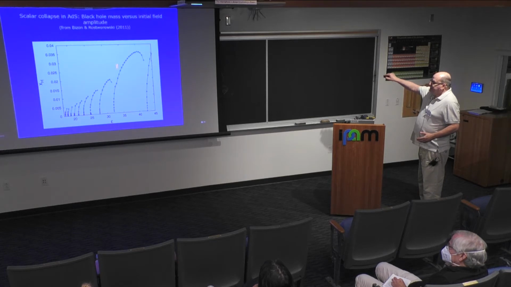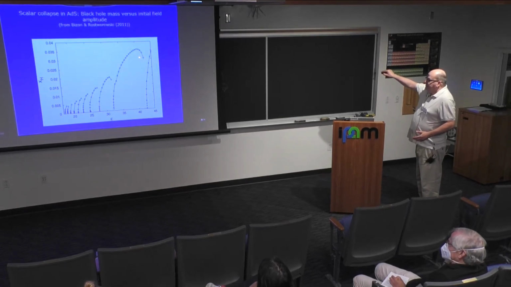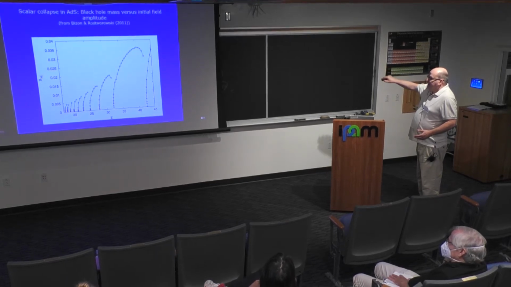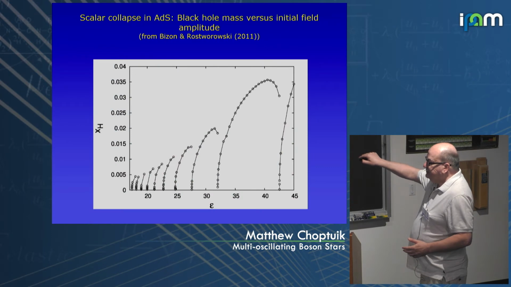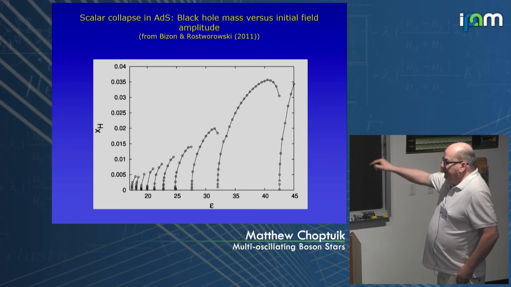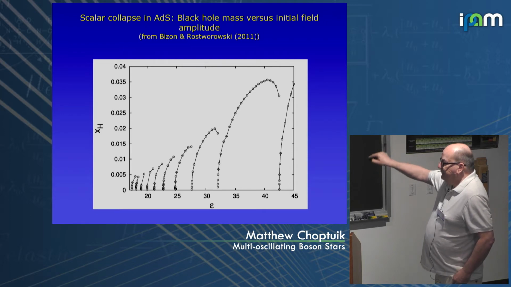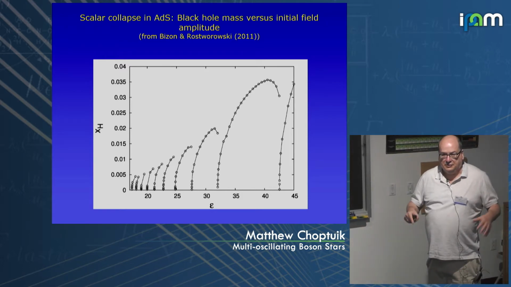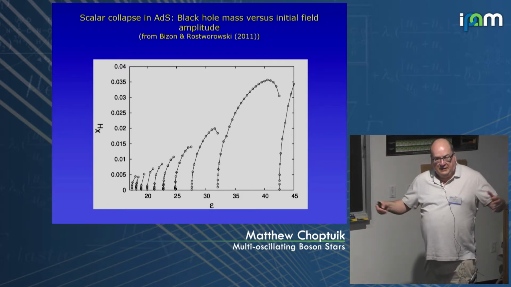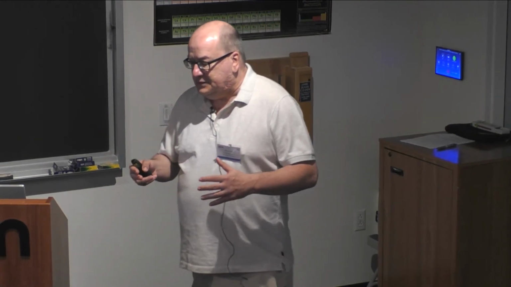So in this branch, for example, this is the one bounce solution, where, for example, here, this is the first black hole which forms after one bounce. This is the first black hole that forms after two bounces, etc. And so basically, the indications are that this progression goes on infinitely, and for an arbitrarily small amount of scalar field, you get an arbitrarily large number of bounces. But every time that the scalar field goes through the origin, r equals 0, there is a sort of blue shift effect, and eventually you get a black hole forming.